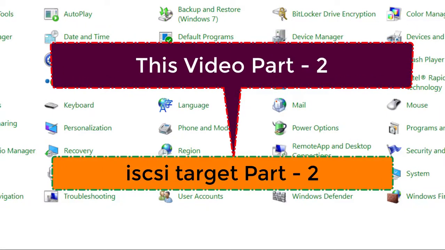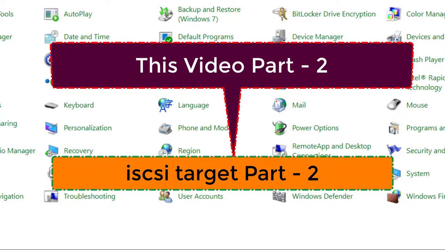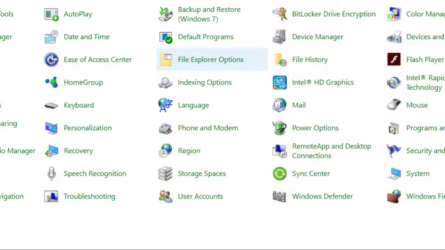Maybe you will not understand otherwise. So watch my Part 1 video because it is very important for you to create this iSCSI target. So how do we start here? Let's continue.